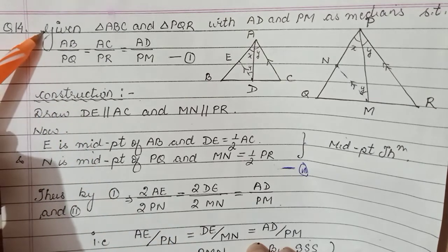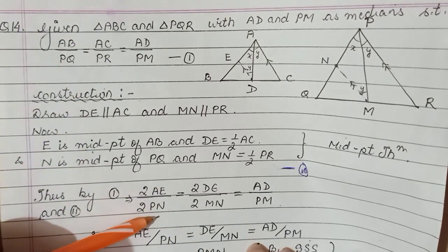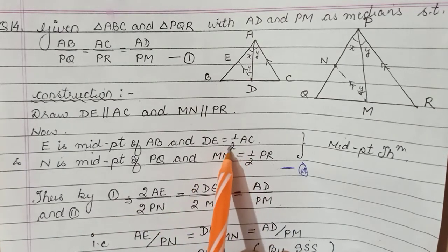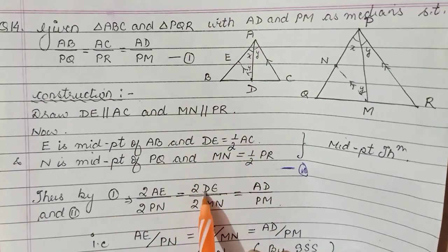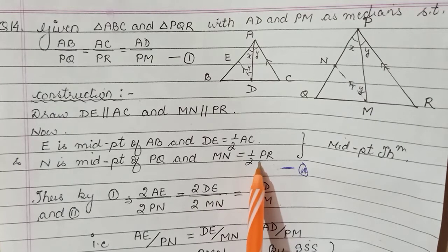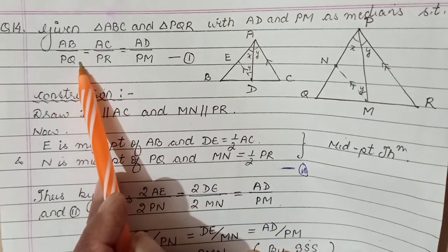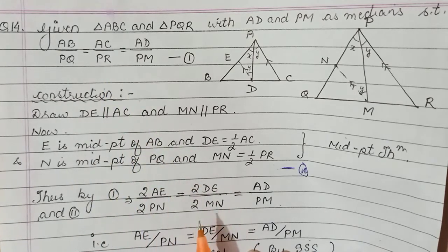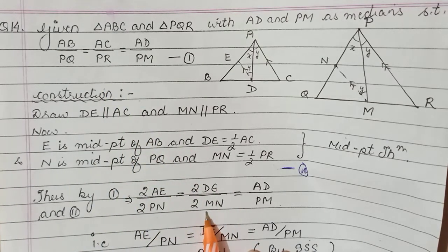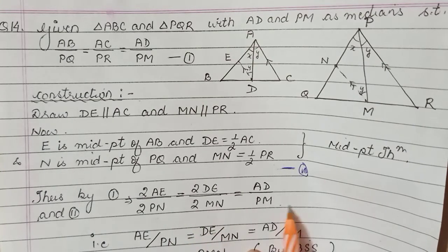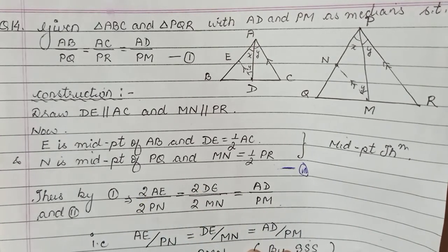ठीक है, तो AB and PQ की जगह हमने इनके equivalent रख दिए हैं. Likewise अभी AC देखो, so from here if you cross multiply this 2, AC is twice of DE, तो उसका equivalent रख दिया है. PR is twice of MN, वो रख दिया है. Okay, so ये first वाले में AB upon PQ, AC upon PR can be changed like this under these given conditions, and applying that midpoint theorem. Okay, the third proportion comes as it is, right?